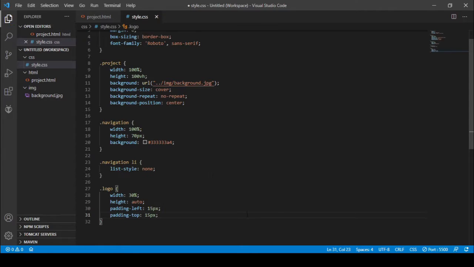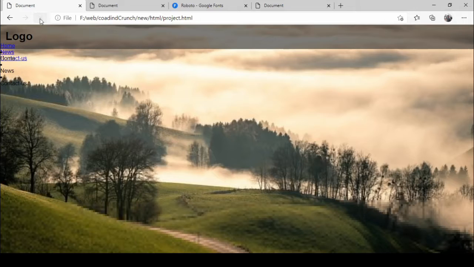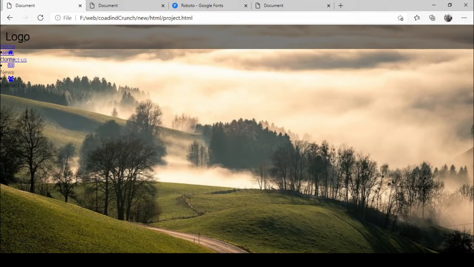So let's save it and let's refresh the web page. Here you can see that the logo is aligned properly.